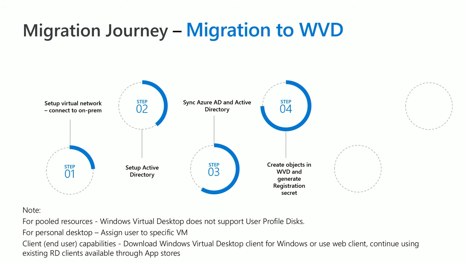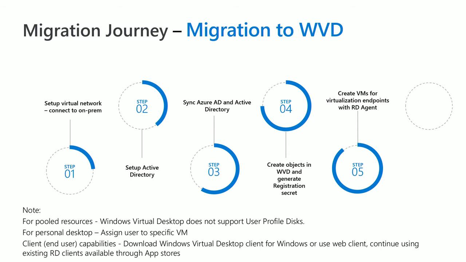All right, once that's done, what's next? You get into the Windows Virtual Desktop environment and set up the first set of objects. That would entail creation of a Windows Virtual Desktop tenant that connects Windows Virtual Desktop to your Azure Active Directory tenant, and secondly, setting up your host pool. The host pool is essentially just a collection of VMs that you have decided to add to Windows Virtual Desktop. And once you've created the host pool, you will get a registration token. All of these things, we have training videos already on YouTube, and the past Ignite videos already have all of these things, so you can go take a look.